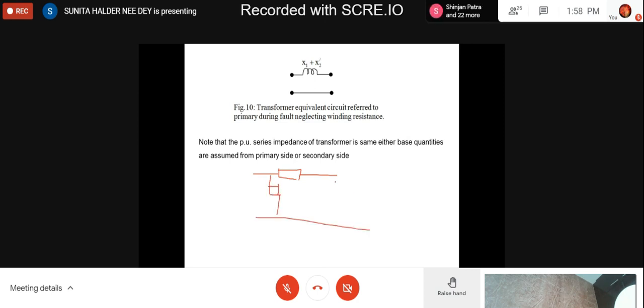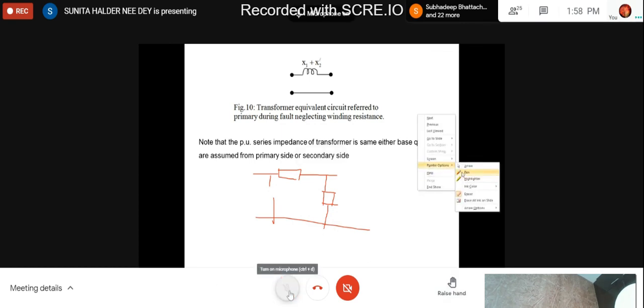Your B section, I do not know what representation you have seen. I am not talking about the nominal pi. I am talking about the equivalent pi. If you cannot remember the equivalent pi, then you must go through the class note. Yes, ma'am. We have gone through this.